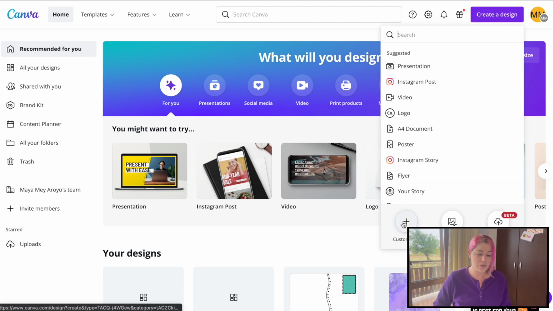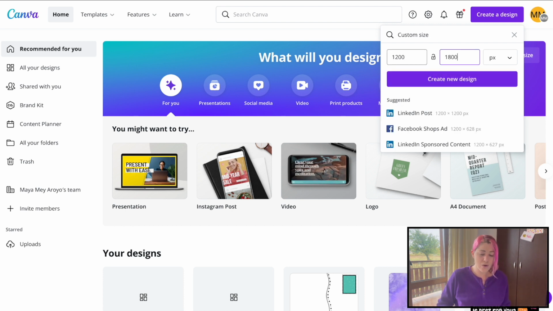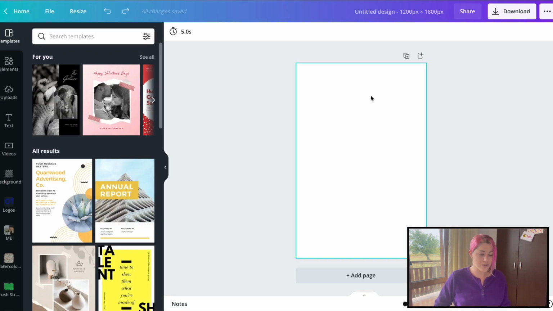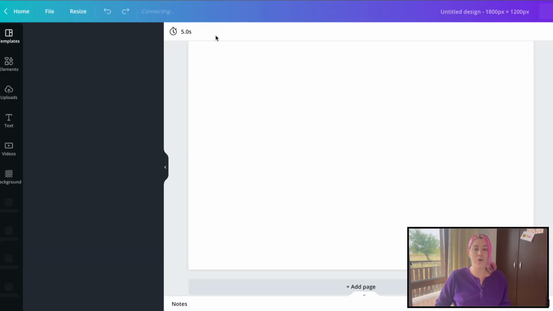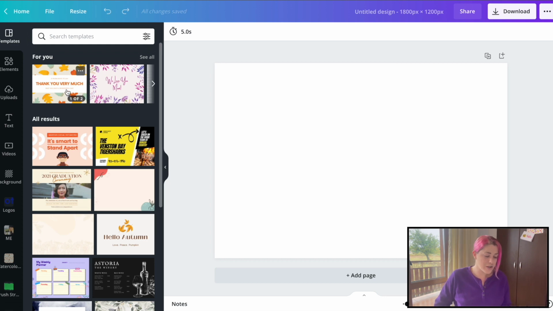And if I want to make a good high quality 4 by 6 inch design, I'm going to do it in pixels by multiplying the amount of inches I want by 300. So it will create a 300 dpi. And in that case, that will give me 1200 by 1800, or 1800 by 1200 if I want to make this postcard the other way around, which feels more native to me to work on a postcard like this. So whatever you want to do with your postcard, obviously you can start by using templates,